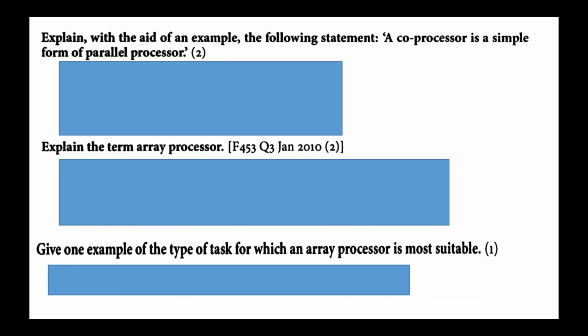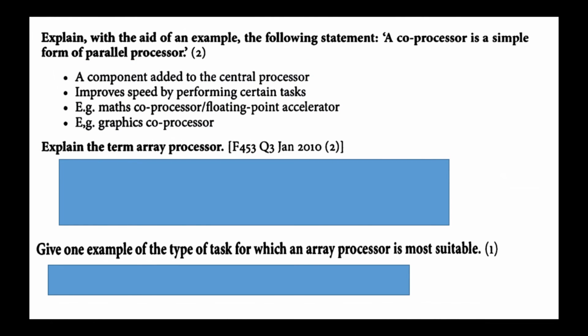Explain with the aid of an example. A coprocessor is a simple form of parallel processor. A component added to the central processor improves speed by performing certain tasks. An example, maths coprocessor, floating point acceleration, and another example would be the graphics coprocessor. So you have to really explain it. So you may have to get both of those points and then do an example